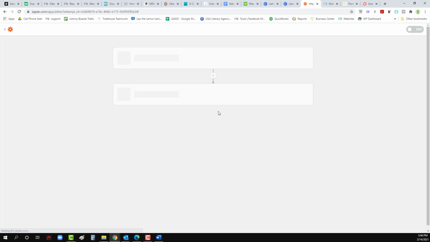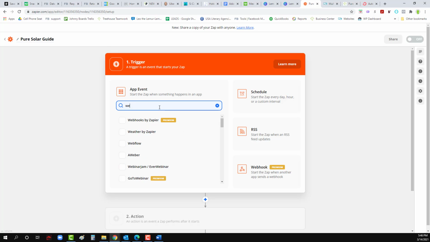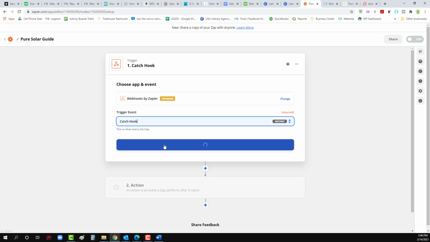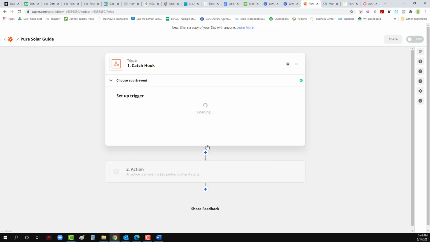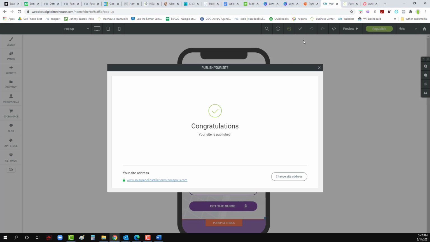So let's make a zap. We'll call it the Pure Solar Guide. And we're going to do a webhook. And we're going to make it a catch hook. So catch hook means it's actually going to wait for somebody to fill out the form, and that'll trigger it. We're going to hit continue, and then I'm going to copy this webhook, and I'm going to go back to